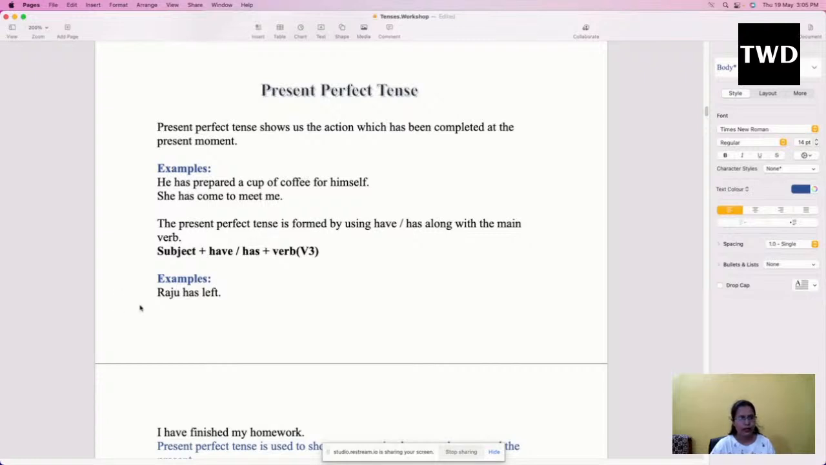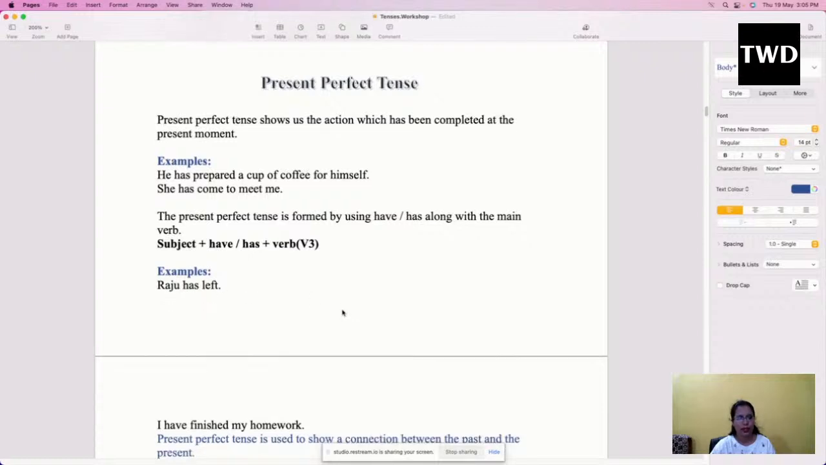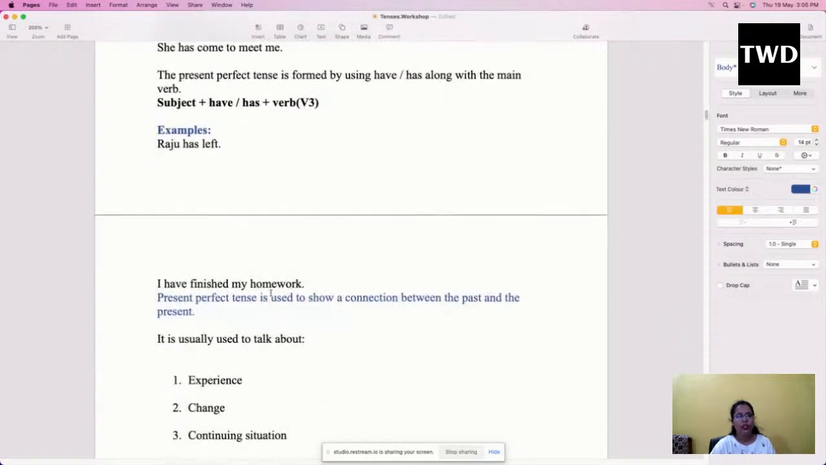So here our example, Raju has left. Raju has left for the day. I have finished my homework. So just now I have completed my homework, and that's why I'm telling it like this. I have completed my homework. I have finished having my lunch. I have finished practicing my coding